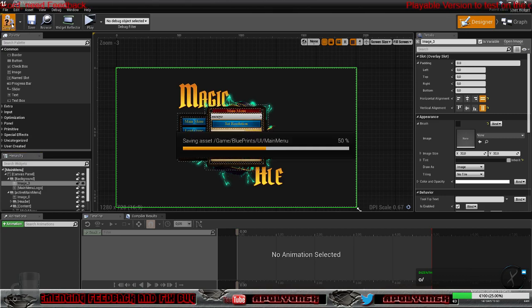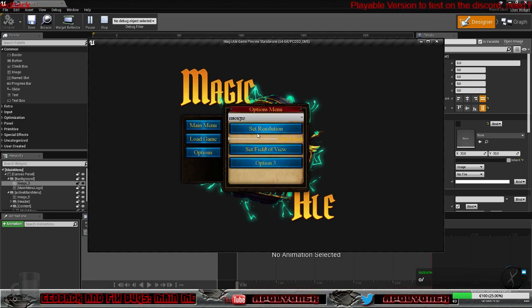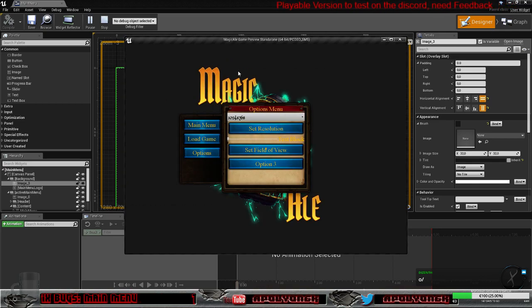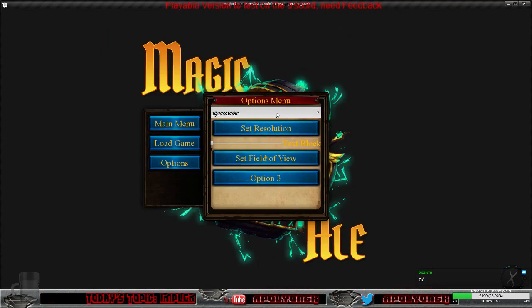Okay, let's test if this looks okay. So if we go to the options and we set the resolution here. Yeah, okay, this is better. Now even on different resolutions, this looks a bit better. Non-widescreen. Even though I still need to fix the whole thing so that all the possible